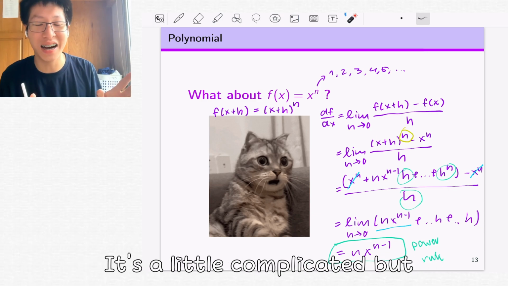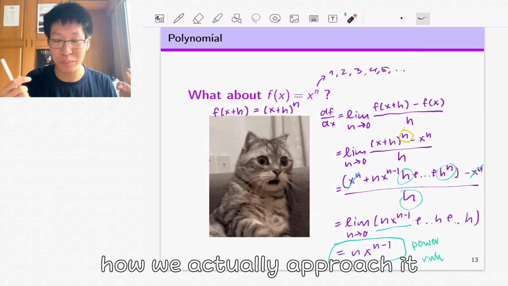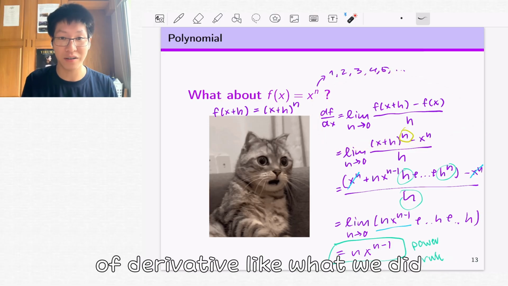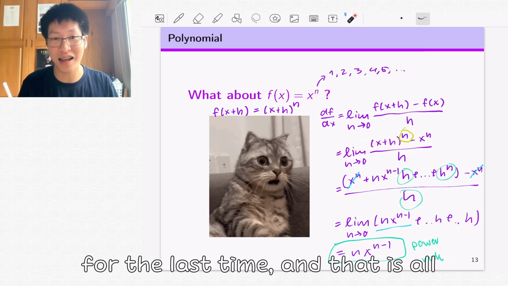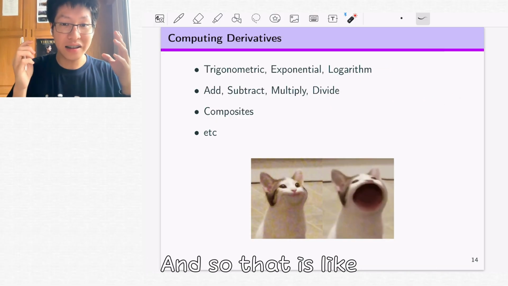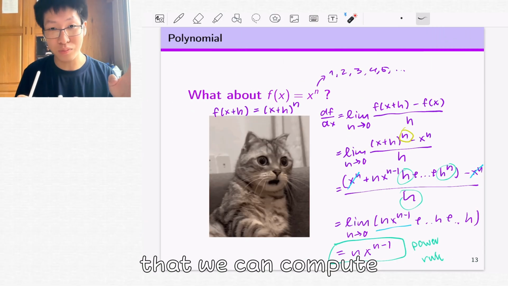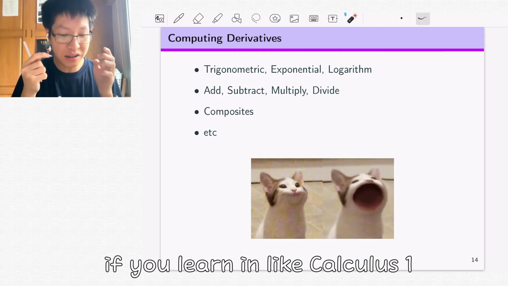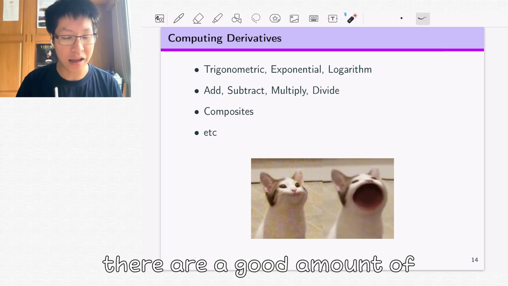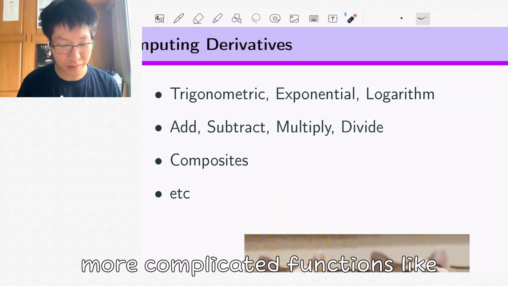It's very complicated, but what I want to point out is how we actually approach it. We just approach it with the definition of derivative, like what we did last time, and that's all. That is one of the most basic functions that we can compute the derivative of. But if you learn in calculus 1, there are a good amount of more complicated functions, for example